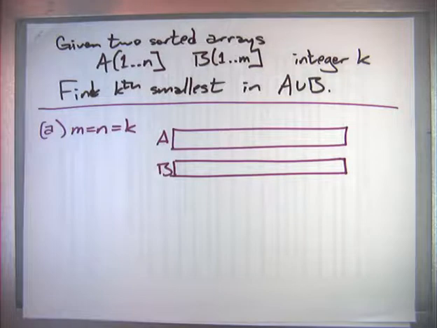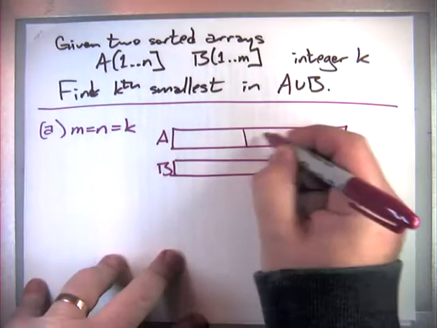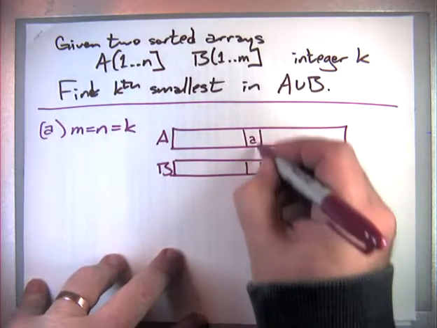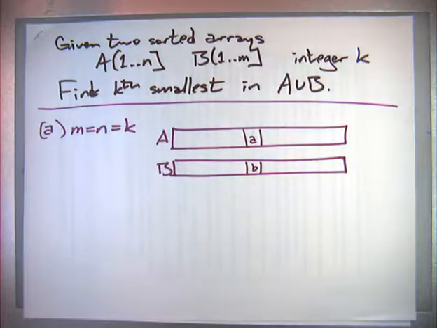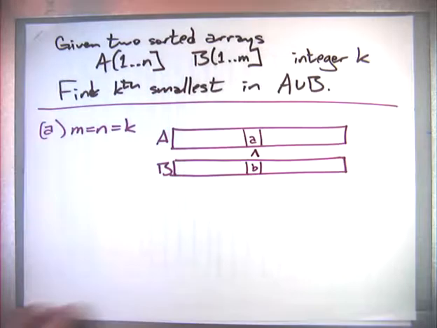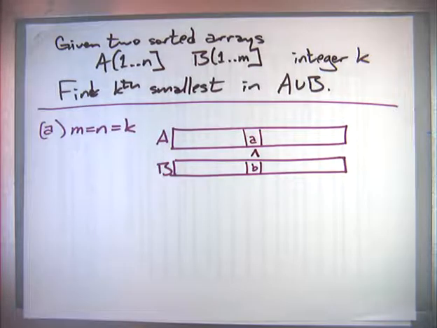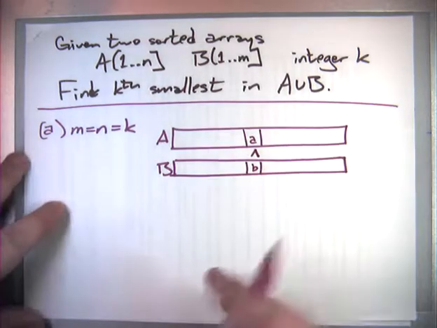And so I want to try to get rid of some constant fraction of the input using only a small amount of work. So what I'm going to try to do is compare the two elements, little a and little b, that are right in the middle of these two arrays. And there are two possibilities for what can happen, but I'll show you one of them. Suppose the median of array A is smaller than the median of array B. Then I know that everything